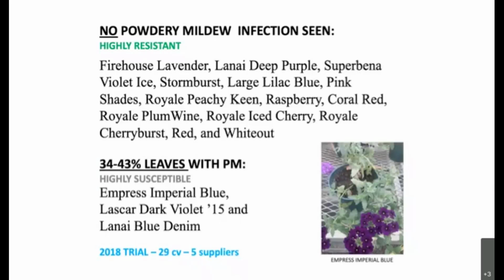We've learned over years of testing that when you go from one series to another, the powdery mildew does not really show a pattern of affecting one series and not another series. The powdery mildew often will affect one color in one series and a different color in another series. So if you have a problem with powdery mildew one year in a verbena, I would just suggest you don't grow that cultivar the next year. There's probably another one in another series that you could use to fill in and just not have the aggravation